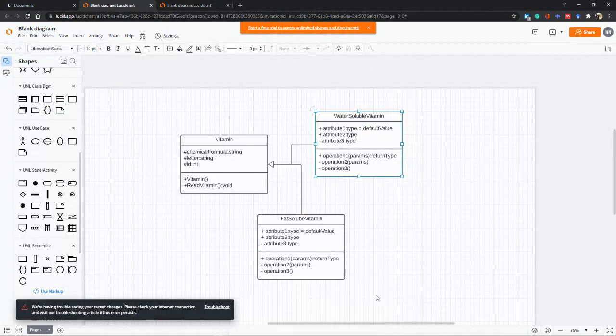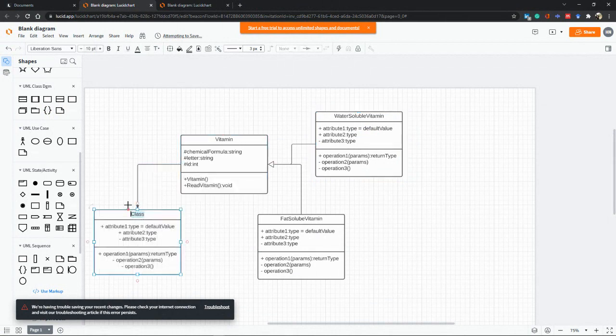So you'll have something like this. You can include any kind of variables inside, it's up to you. Now we have the final class, which is a